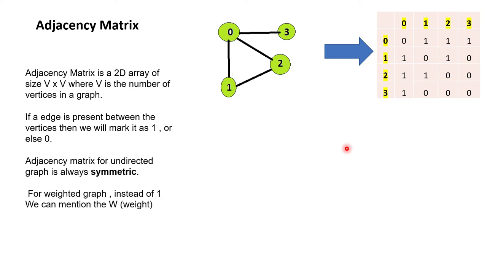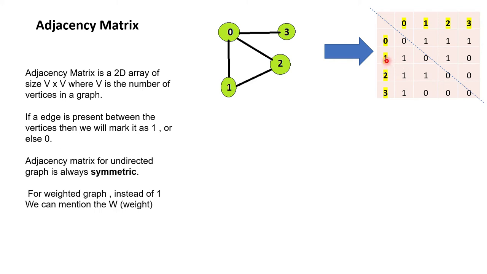The next statement is: the adjacency matrix for an undirected graph is always symmetric. What does that mean? If we put a line on the diagonal, we can see these two sides are symmetric. It is just a mirror image, because 1 and 1 is the same, then here 1 is present, then on this side 2, 1, 2, 1, 0, 0, and so on. Why is it so? Because for an undirected graph, 0 to 1 and 1 to 0 are both the same, and we have an entry for both.